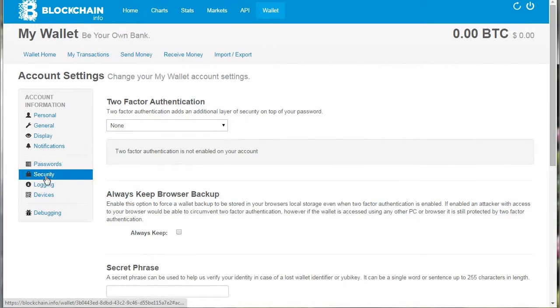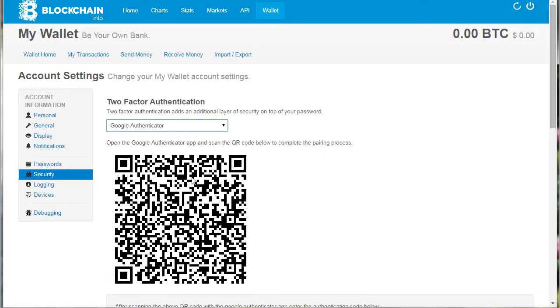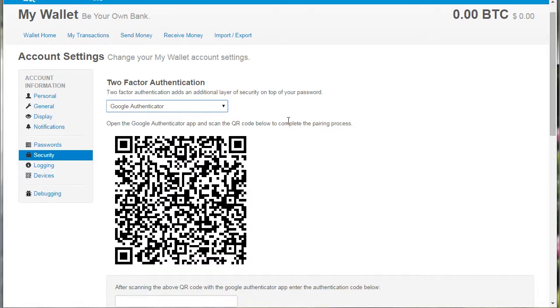And security, two-factor authentication, Google Authenticator. Now, just because it says Google Authenticator doesn't mean we have to use Google Authenticator. Like I said earlier, I don't prefer Google Authenticator, but I'm going to use it for the purposes of the demonstration. If you want to use Google Authenticator, it's important that you print this code and keep it somewhere safe,